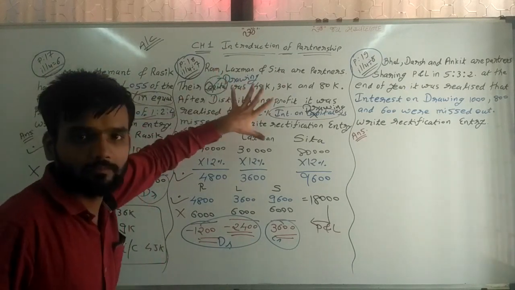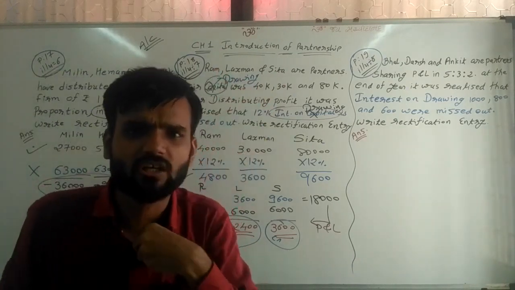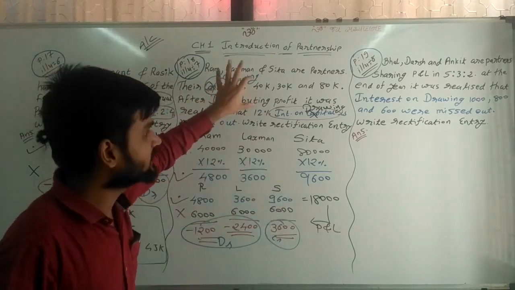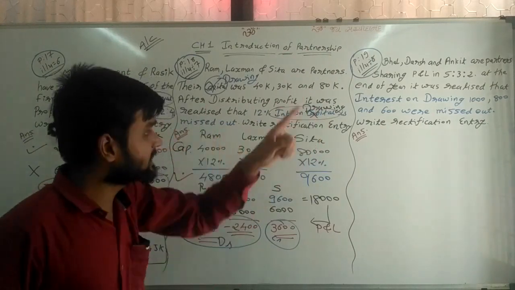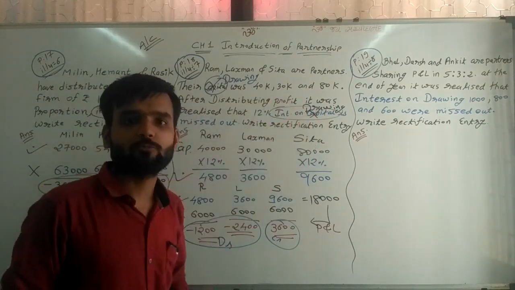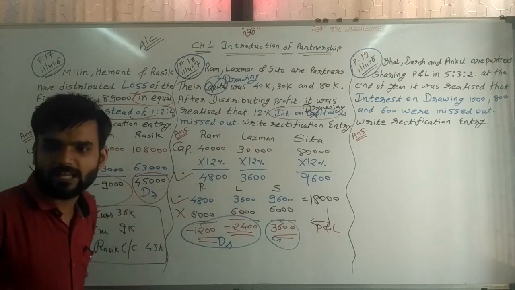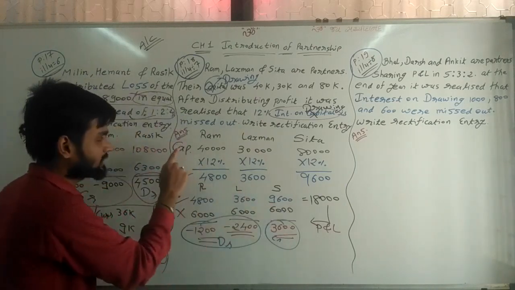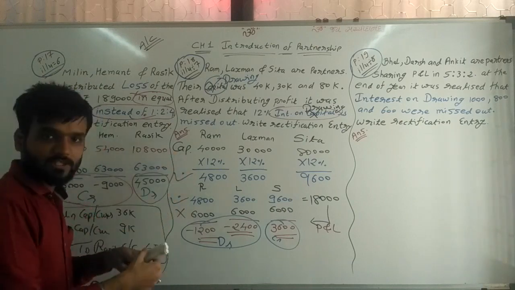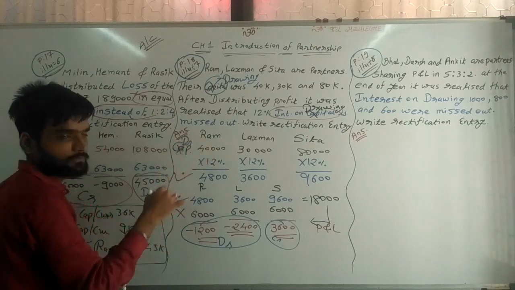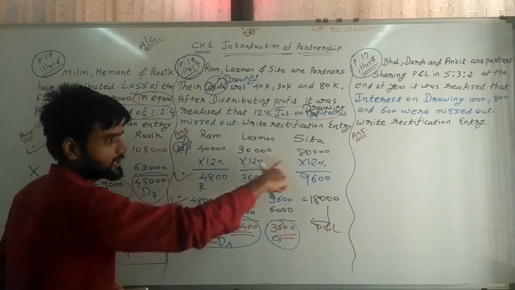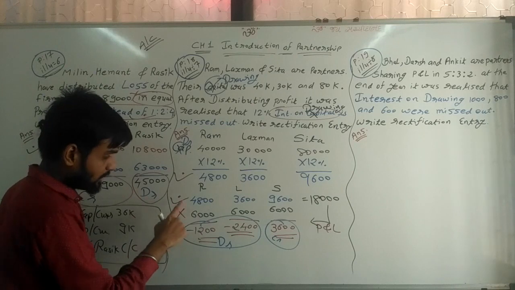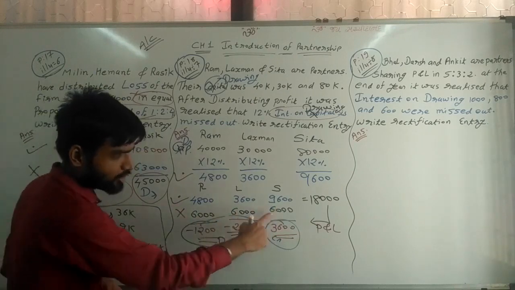Sum remains same. Only what I am changing here, instead of capital, I am writing drawing. This is the drawing information and this is the interest on drawing information. So calculation remains same. There is no difference in the calculation. First write, so instead of this capital, it is a drawing information. Interest on drawing, so correct interest on drawing is this. Wrong interest on drawing written.